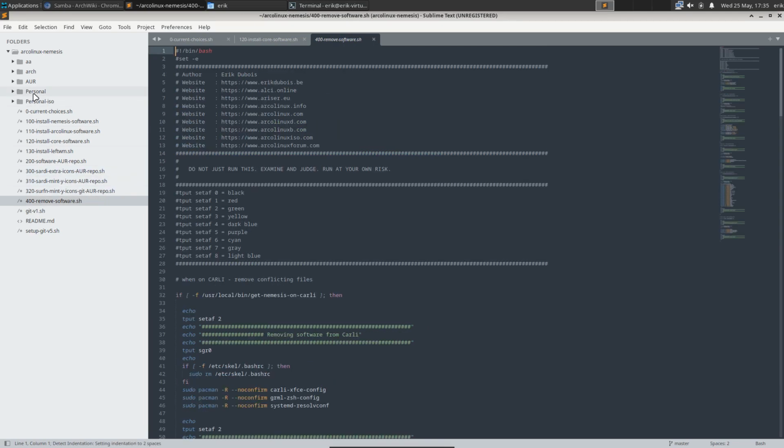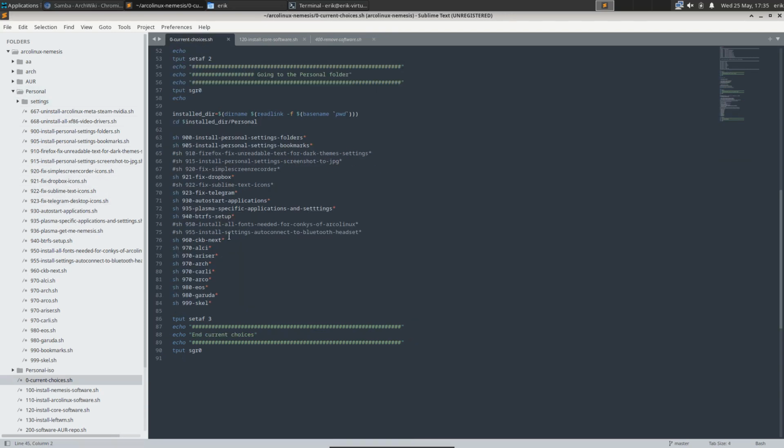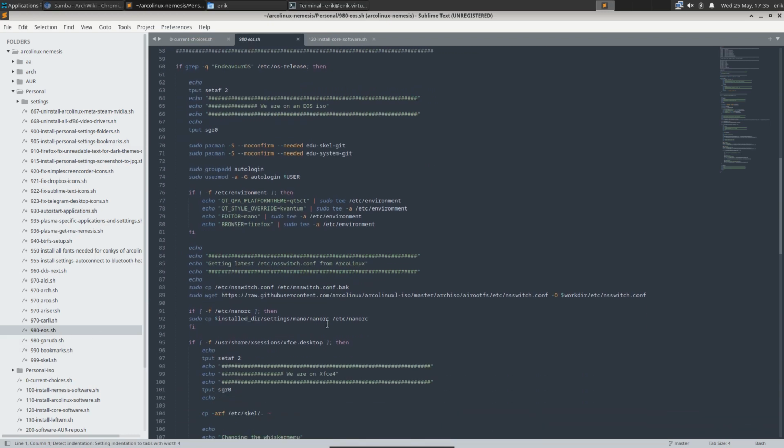And so on and so on. And it goes on in the personal folder. How do I know? Because you can read. It goes to 960 and 970. And here it says, if you're on ALCI, if you're on EndeavourOS, if you're on Garuda, do this, do that, do this. So this is,